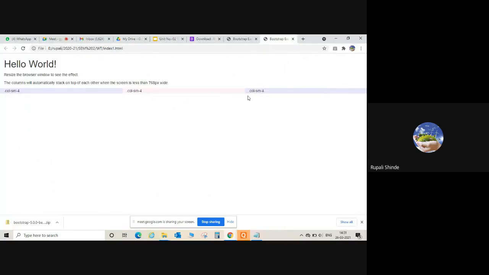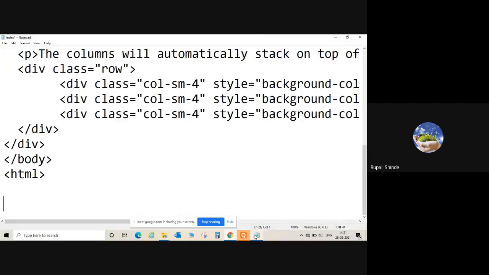One container or one row is divided into the columns. Here we are going to specify dot col-sm-4, so when your screen size is less than 768 pixels, we have to change it. We are going to see what happened here with col-sm-4.